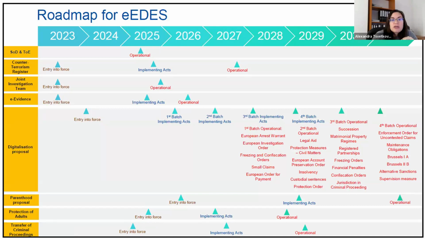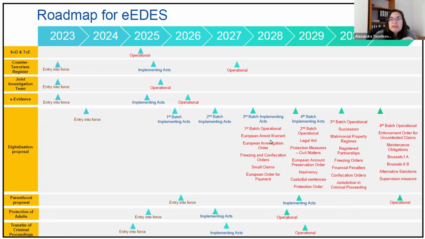The use of e-CODEX and the potential use of the eEDES system will become mandatory from 2022, starting with the service of documents and taking of evidence in civil and commercial domains. And then step by step, until 2031, they will gradually move towards the digitalization of all the other judicial cooperation instruments covered by this